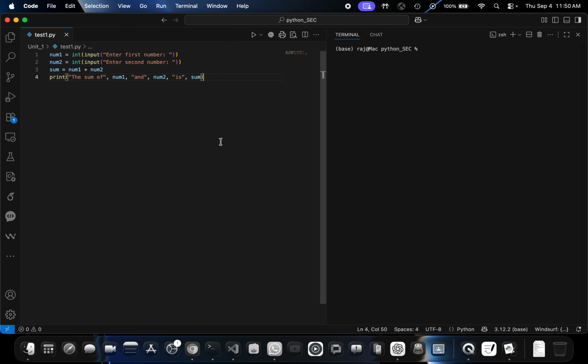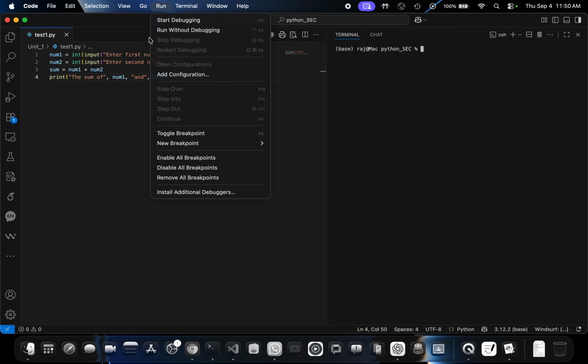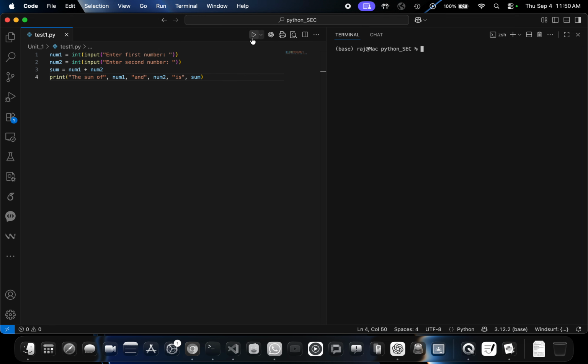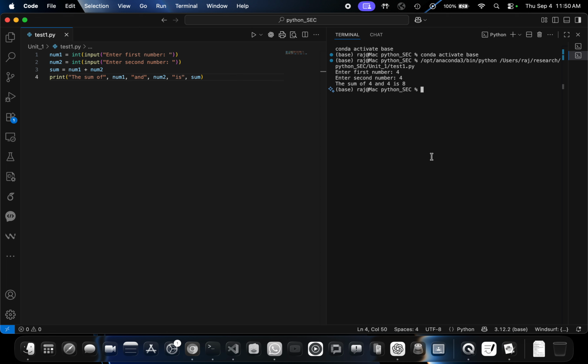Now my code has been written. I want to execute it. How do I execute it? There is one way I can go to run, like in the IDLE, I have this button. If I press this button, it will run my code and it will ask me the first number, 45448. Okay, this is one way. I simply press this button. But since we are beginners, we don't want to rely on these things. We want to write something which executes the file.